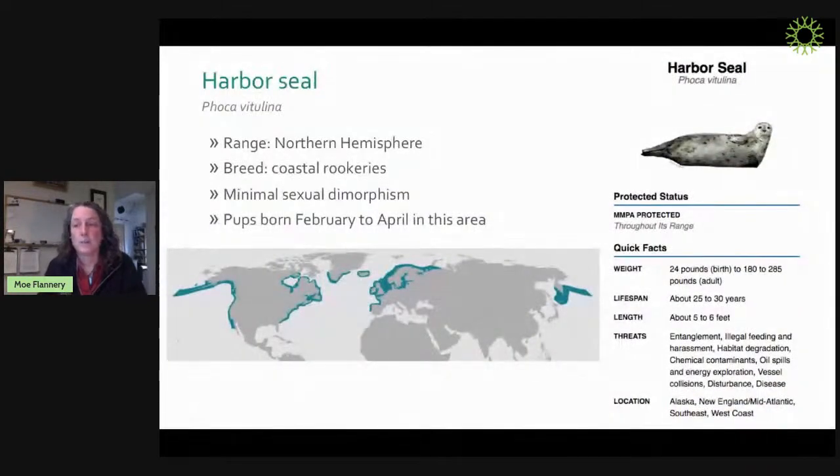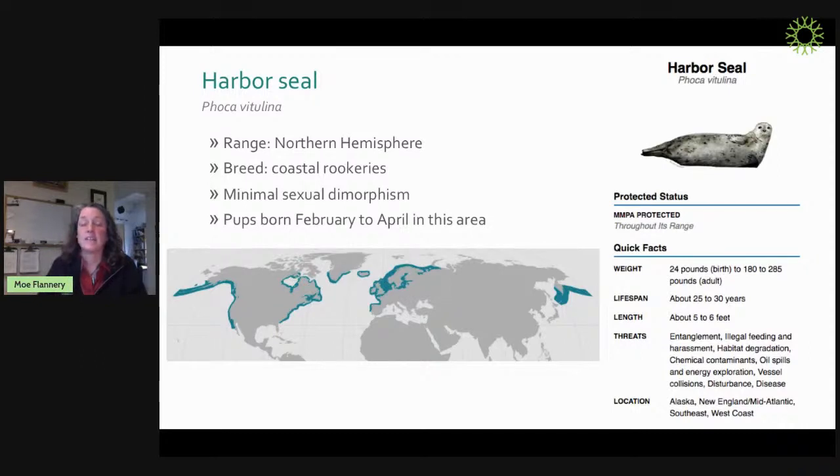So we'll start with the harbor seal, because the harbor seal is one of the more common that you see around. They includes the entire northern hemisphere. Pups in the San Francisco Bay Area are born from February to May in coastal rookeries, which is an area where moms and pups hang out. And you should always keep your distance from a coastal rookery so that you don't disturb the moms and the